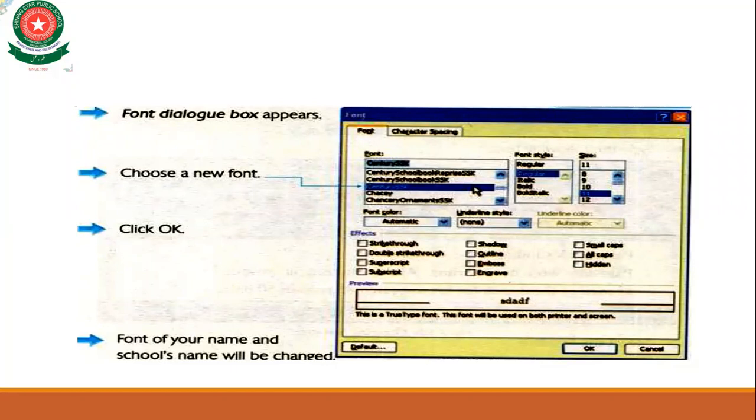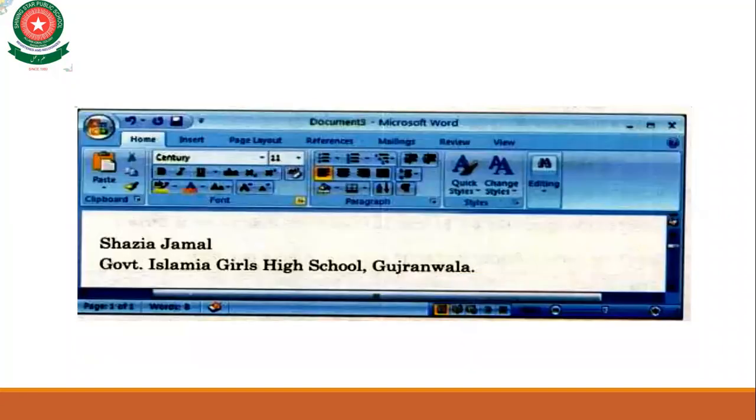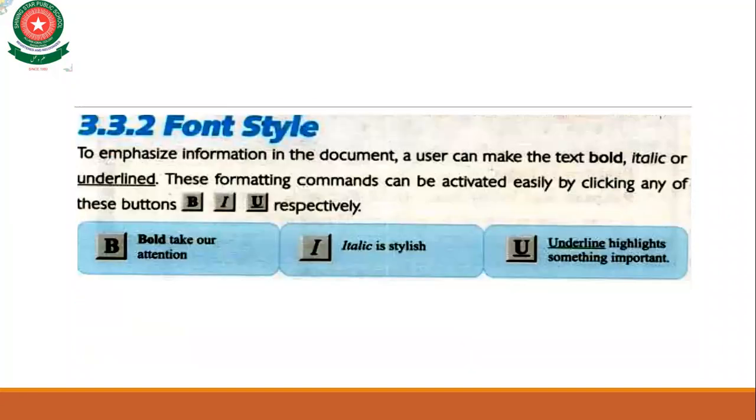Okay. By doing this, we can only change the font styles. Now we are going to discuss how we can use them to emphasize information in documents. A user can make the text bold, italic, or underline.